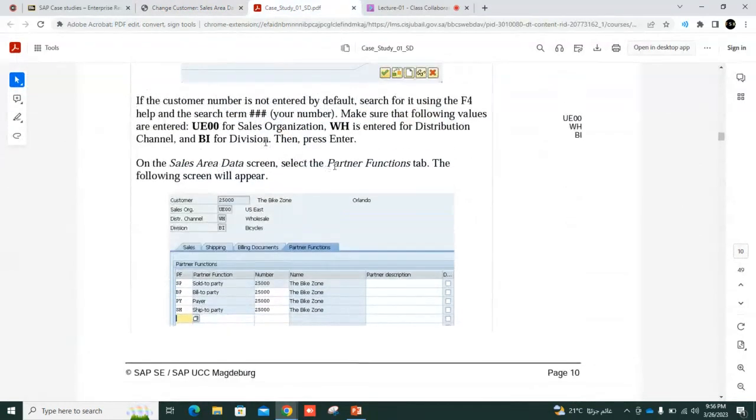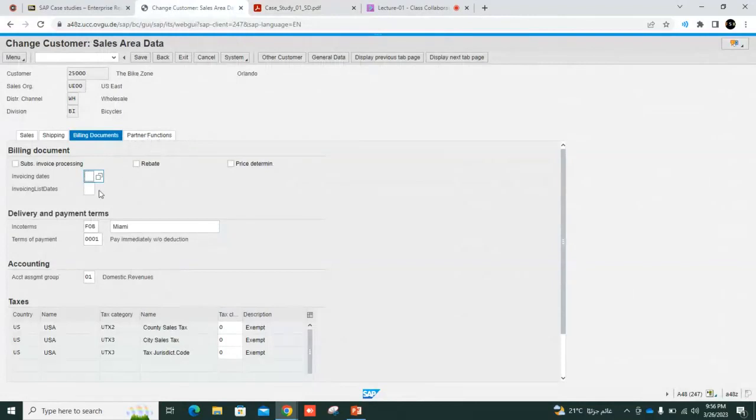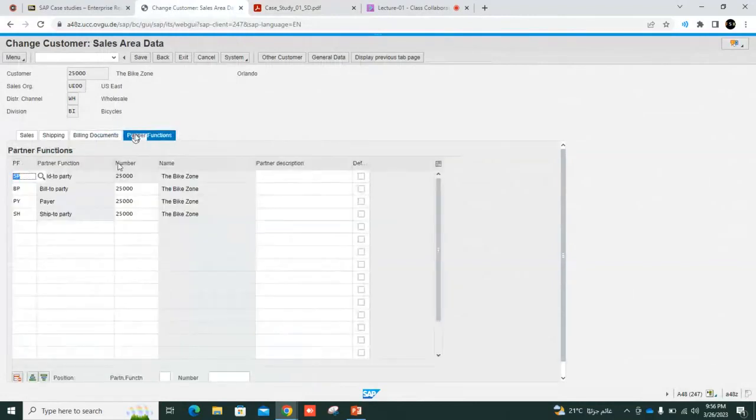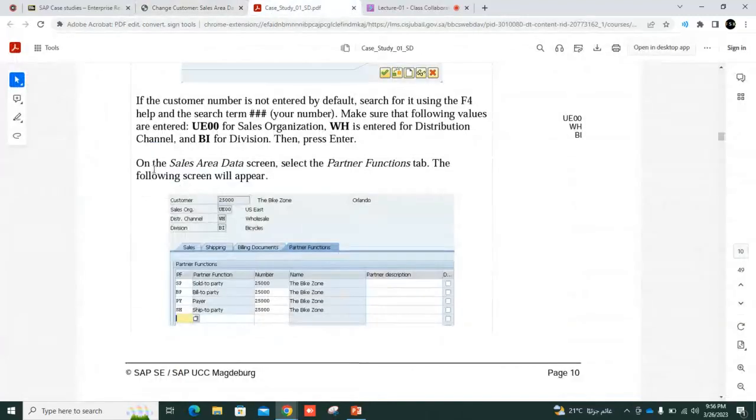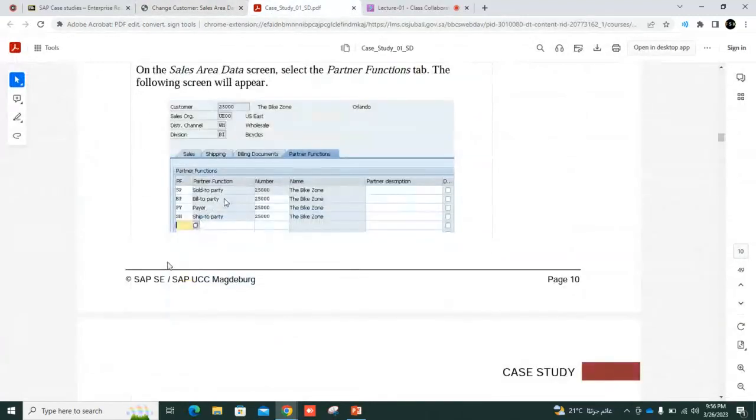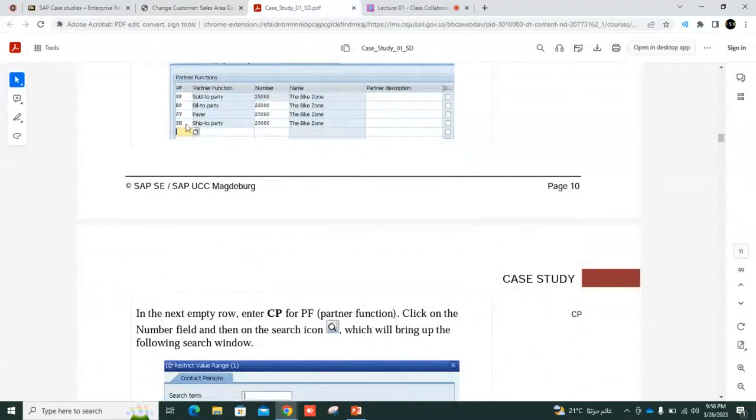Then you will set this one. On the sales area data screen, select the partner function. Select the partner function tab. Then the following screen will appear. Partner function. You will see this one. See this screen. Now what to do here? Okay, this screen will appear. Then what you want to do here is, in the next empty row,